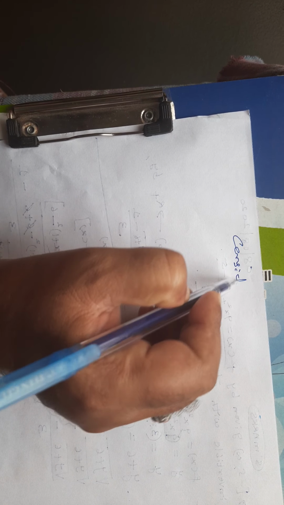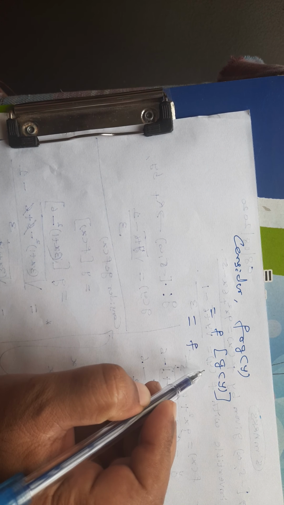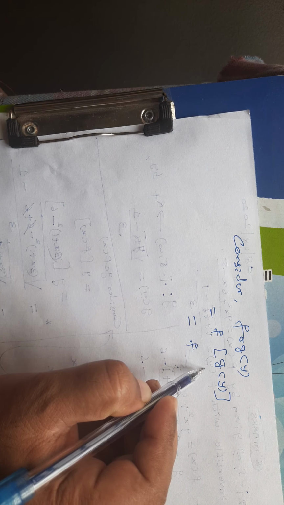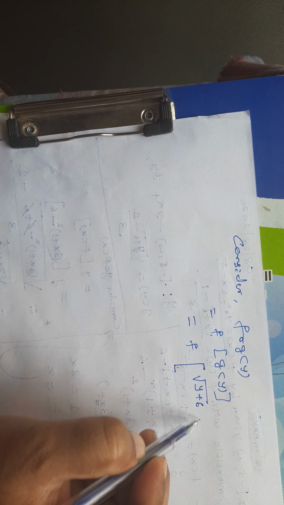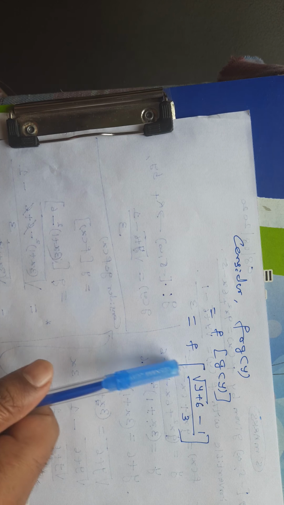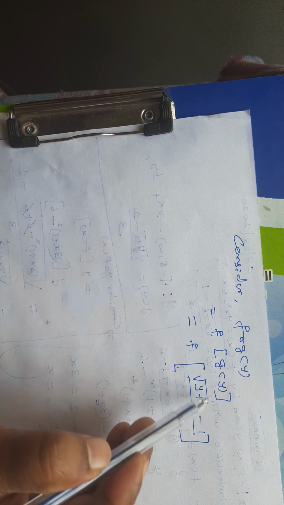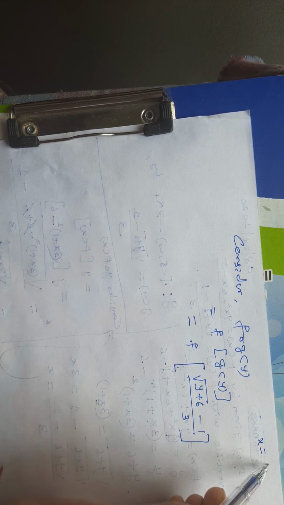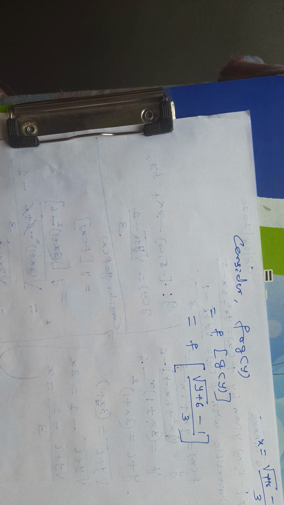See, consider another composition. I am continuing this. f of g of y. So this is, see here, f of, now what was our function of y? See, f of g of y. So g of y was square root of y plus 6 minus 1 divided by 3. So this is our function, f of this. So now we can think this whole quantity as x. Inside I have root y plus 6 minus 1 divided by 3. This quantity I can think of as x here.